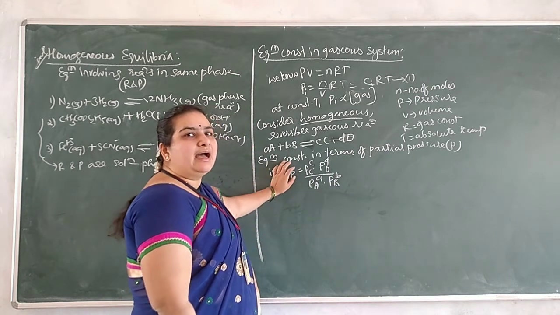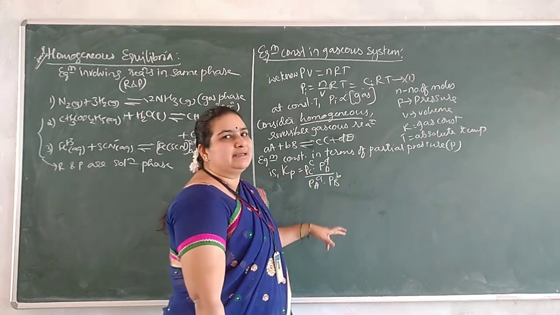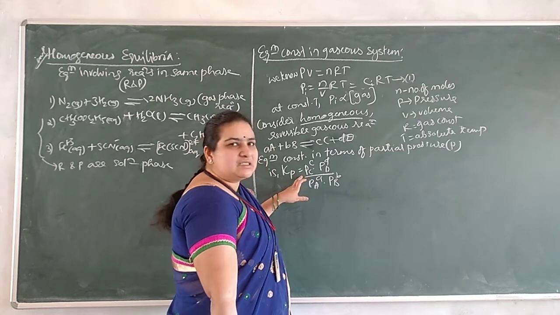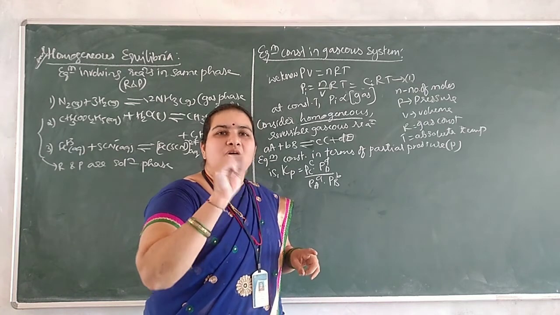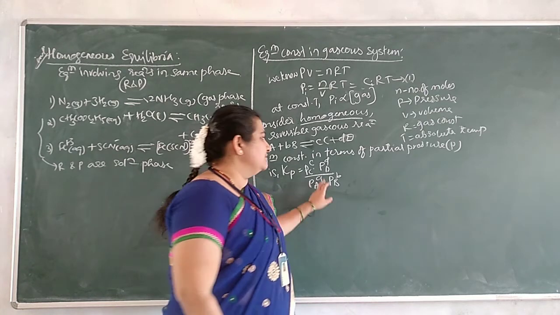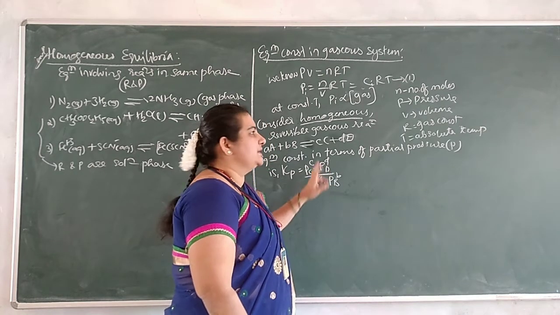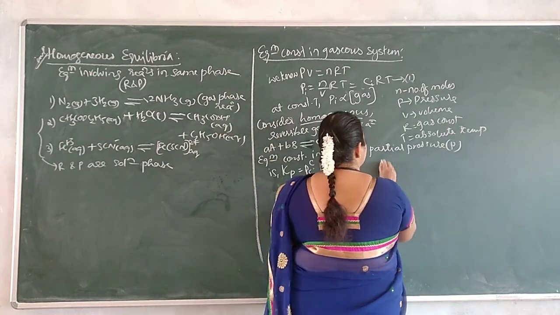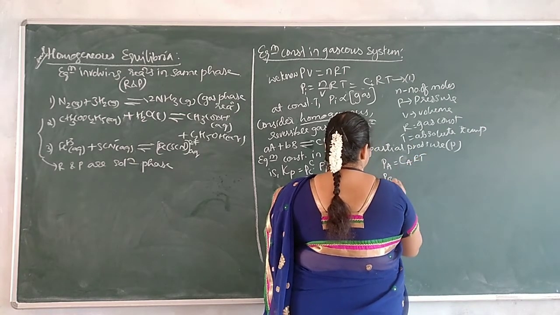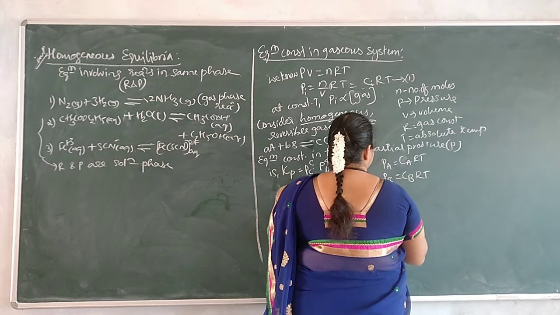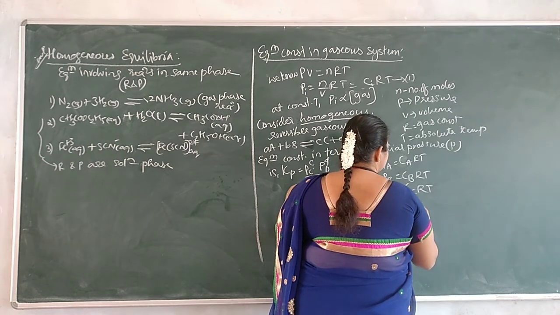Here I have written the equation in the same format, as I just told you that Kc can be written by writing the C notation in the middle. Instead of putting square brackets, we can write the concentration term in the center, with product concentrations in the numerator and reactant concentrations in the denominator. Now by equation 1, Pa is equal to CaRT, Pb is equal to CbRT, Pc is equal to CcRT and Pd is equal to CdRT.